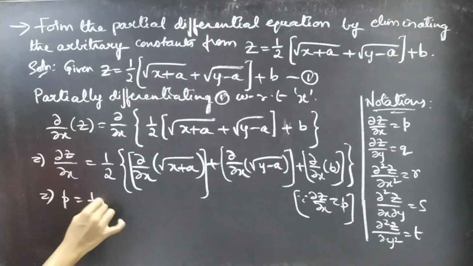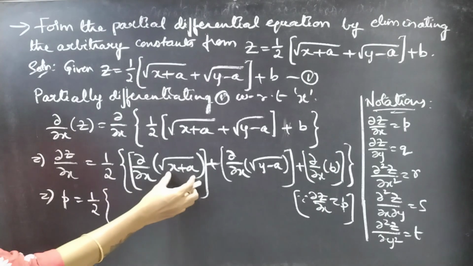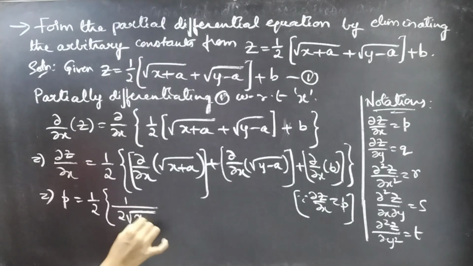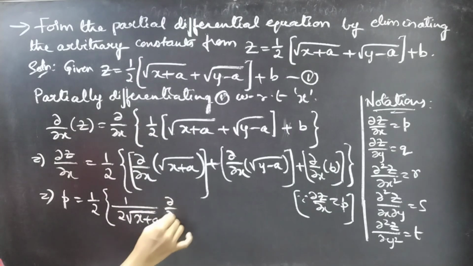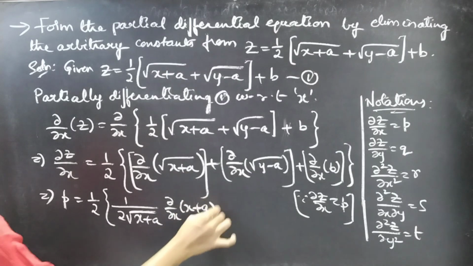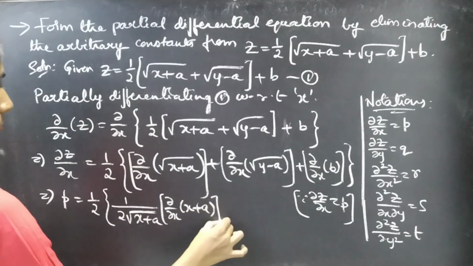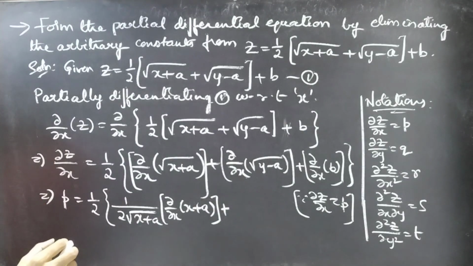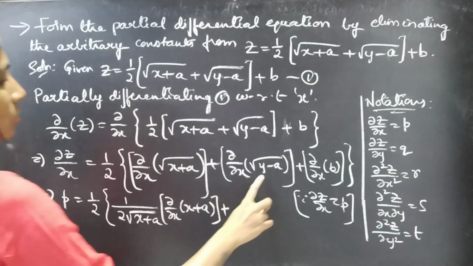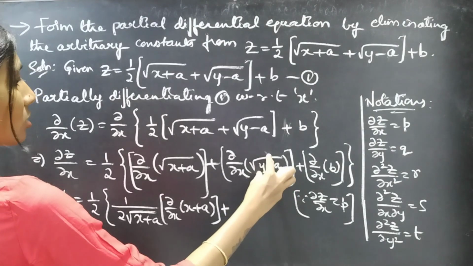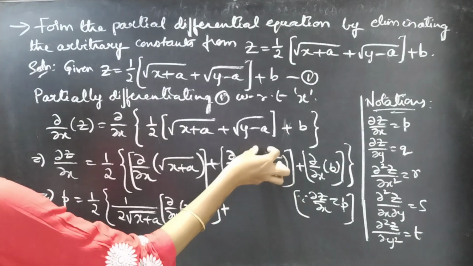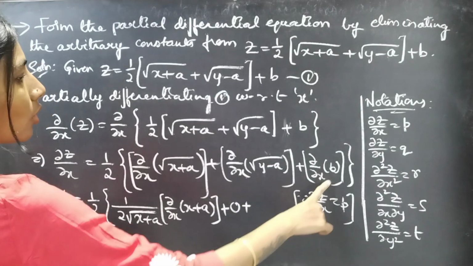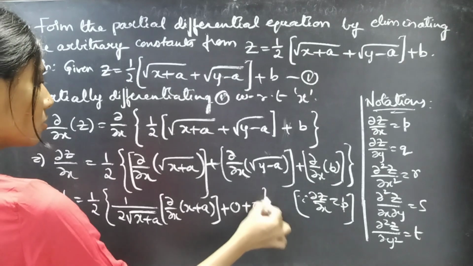You'll get p equal to 1 by 2 into the partial derivative of square root of x plus a with respect to x, which is 1 by 2 root x plus a into the inner derivative dou by dou x of x plus a, plus the partial derivative of a constant. Since we are partially differentiating with respect to x, y is treated as constant, so here y minus a is treated as constant. The partial derivative of a constant with respect to x is 0, plus the partial derivative of a constant with respect to x, 0, which gives us